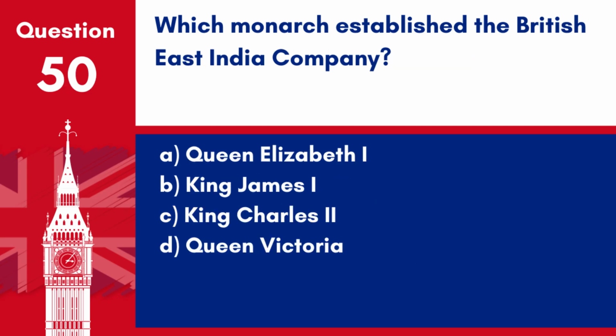Question 50. Which monarch established the British East India Company? A. Queen Elizabeth I. B. King James I. C. King Charles II. D. Queen Victoria. Answer: A. Queen Elizabeth I. Queen Elizabeth I granted the charter to the British East India Company in 1600, allowing it to trade in the